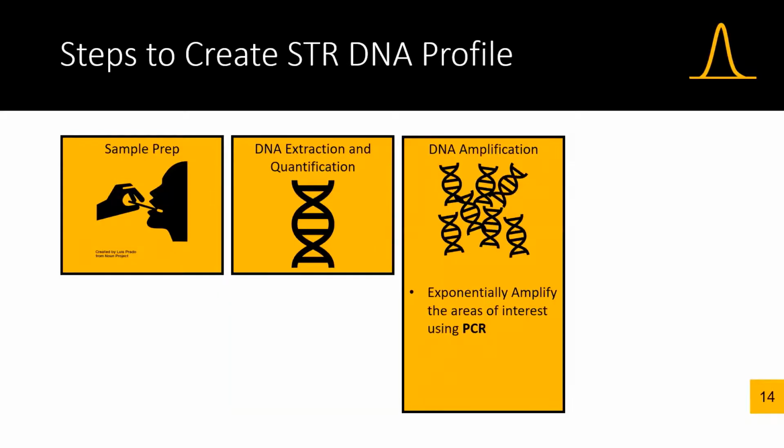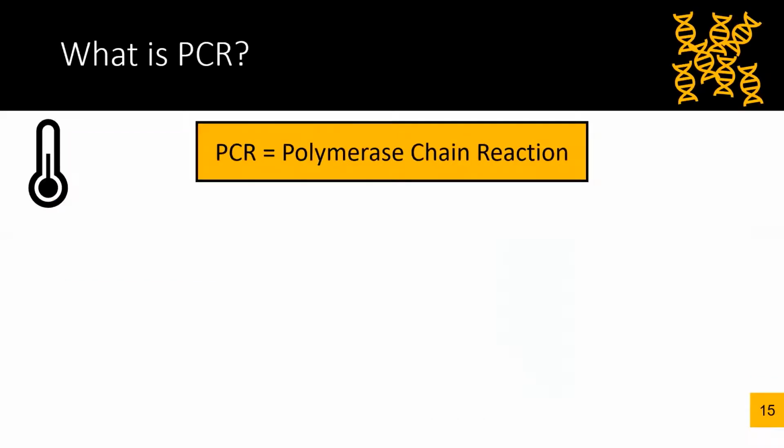The third step is DNA amplification. This is where we exponentially amplify the areas of interest of your DNA using PCR, or polymerase chain reaction. Let's talk about this a little bit further. So PCR, or polymerase chain reaction, is a process whereby you preferentially and exponentially amplify your targeted DNA through cycling